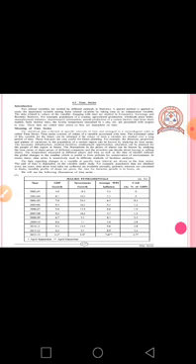Now the meaning of time series. The statistical data collected at specific intervals of time and arranged in a chronological order is called time series. So any statistical data which has been collected at a specific interval of time, like the census, which is taken at a specific interval, right? If any kind of data has been collected at an interval of time and is also arranged in a chronological order, then it is said to be a time series. Time series consists of values of a variable associated with time.